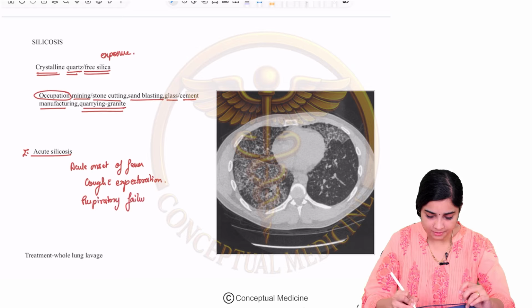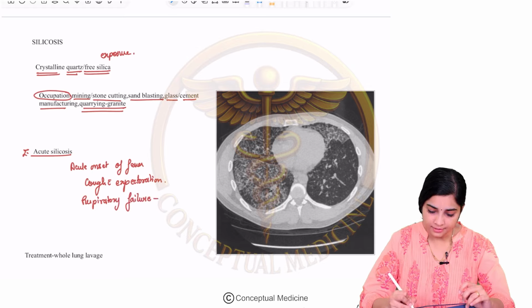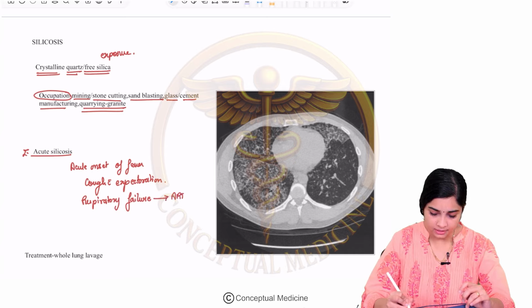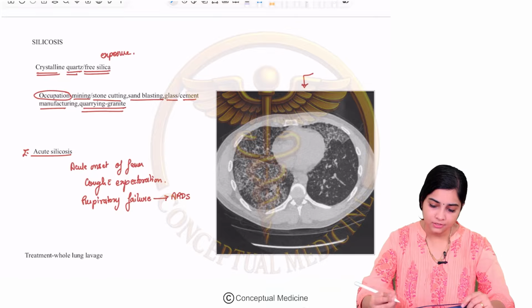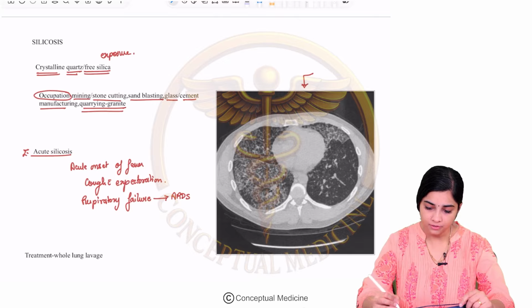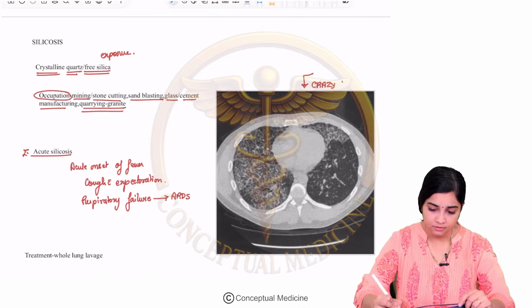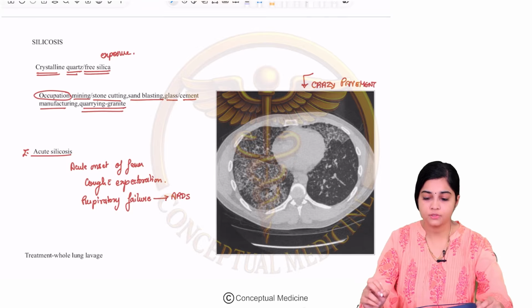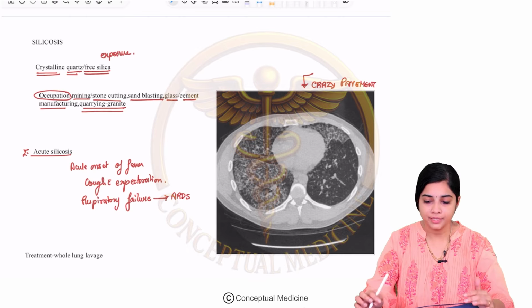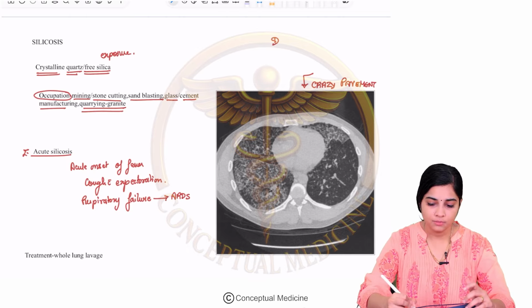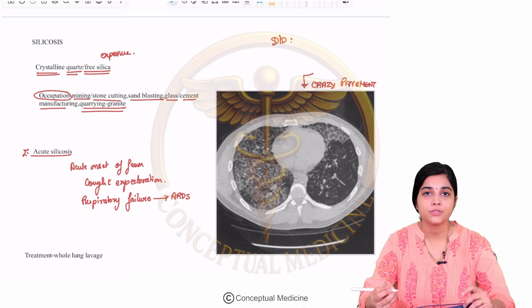Fever, cough with expectoration, and respiratory failure resulting in an ARDS kind of picture. The characteristic CT finding in acute silicosis is what we call the crazy pavement pattern. So the characteristic feature of acute silicosis is this crazy pavement appearance, and it is most commonly confused with which